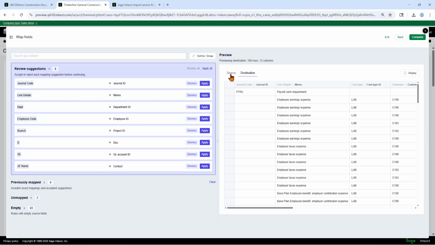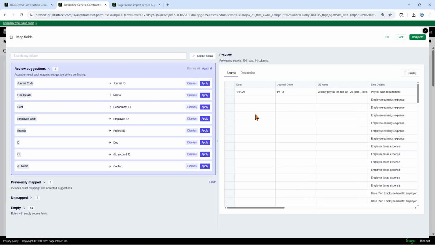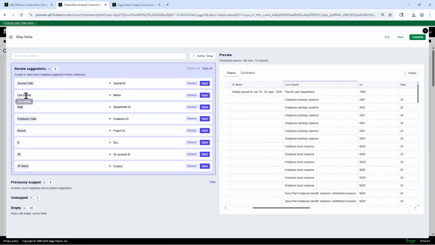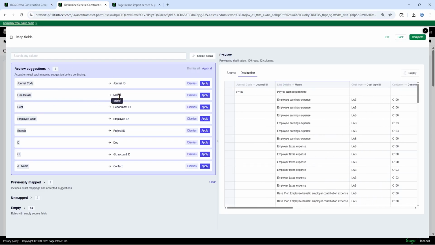And then it's going to hop between the source, which is my Excel document, and then the destination, which is how it's going to format it for the import. So here are the suggested column labels and what it should be in Intacct. So yeah, my journal code is my journal ID. The line details, yes, those are the memos.